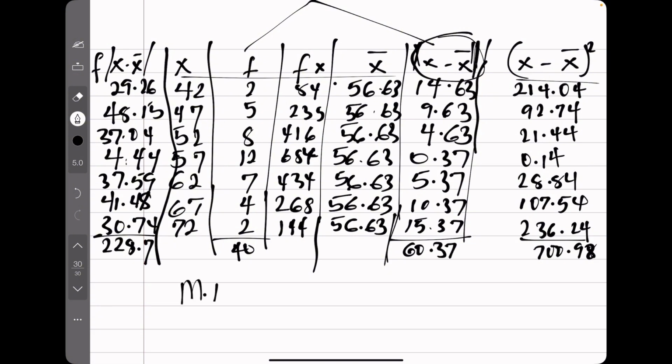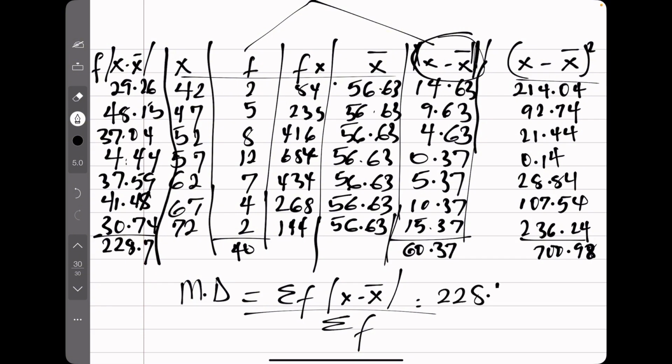So MD, which is our mean deviation, is equal to summation f into x minus x bar, which you just calculated, over summation f, equals 228.7 over summation f, which is 40. 228.7 divided by 40 will give you 5.72. So the next thing we are